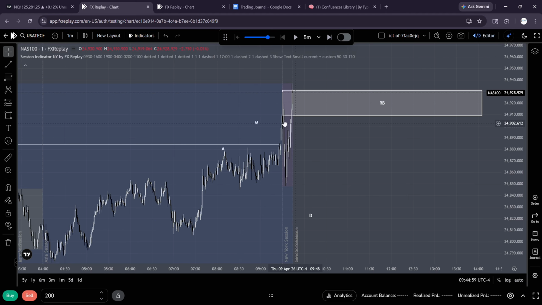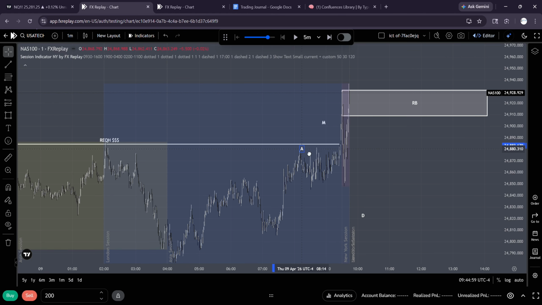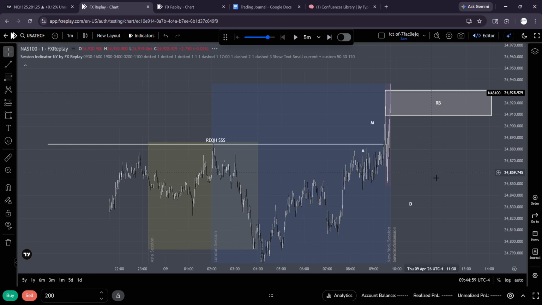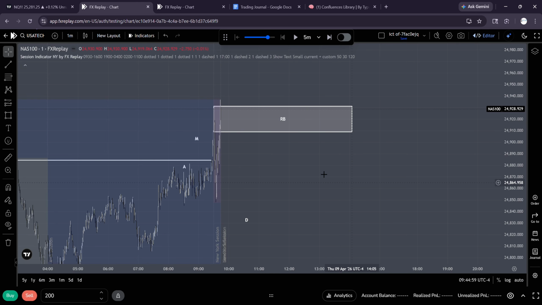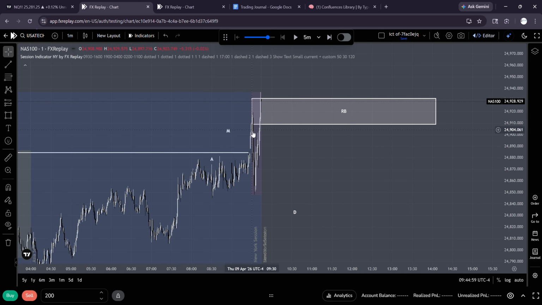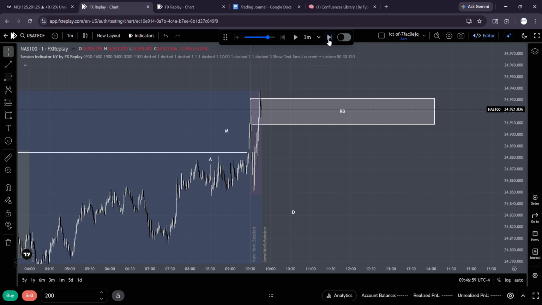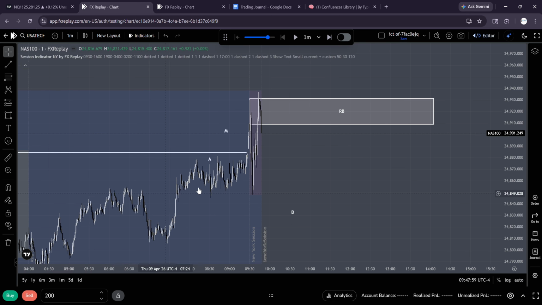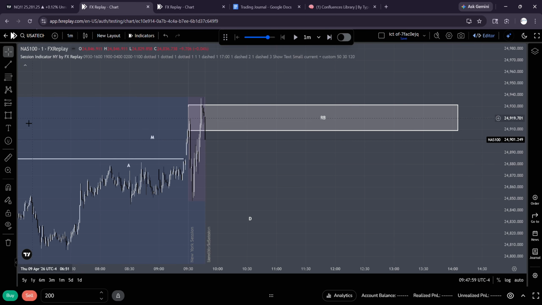And as market opened, we accumulated up. There was a 1-minute inversion, but I wasn't really confident in that because it was so early. Now I'm trying to look for any short opportunities, especially with a resweep of this manipulation, and that's a stronger trade. So now we created an inverse fair value gap, and